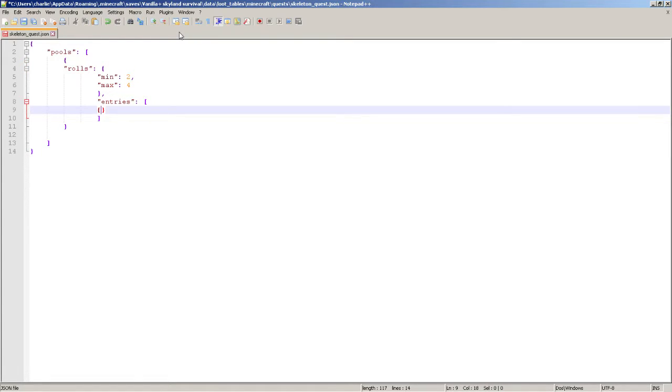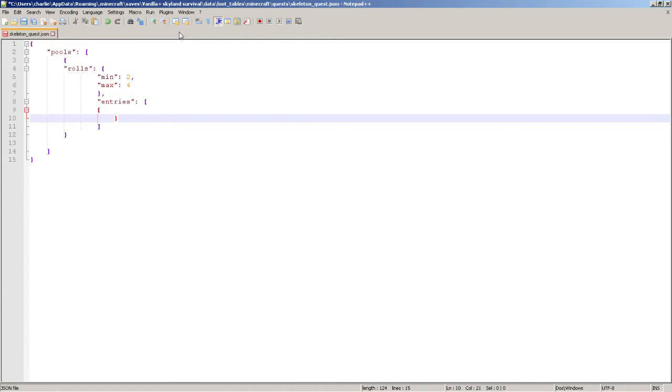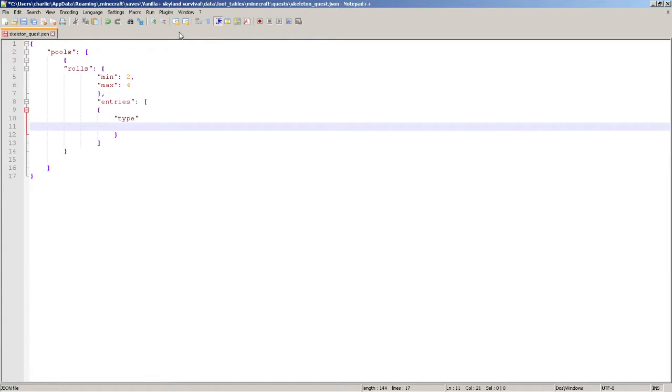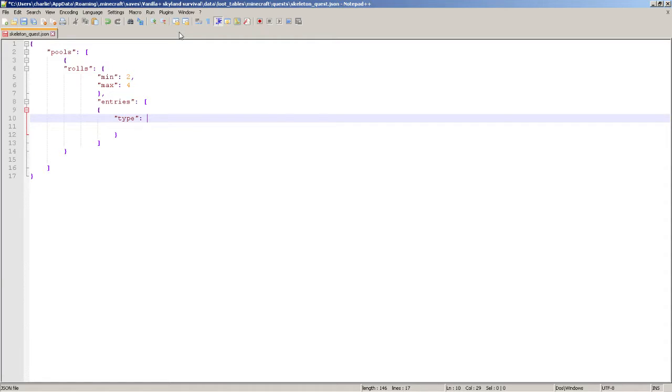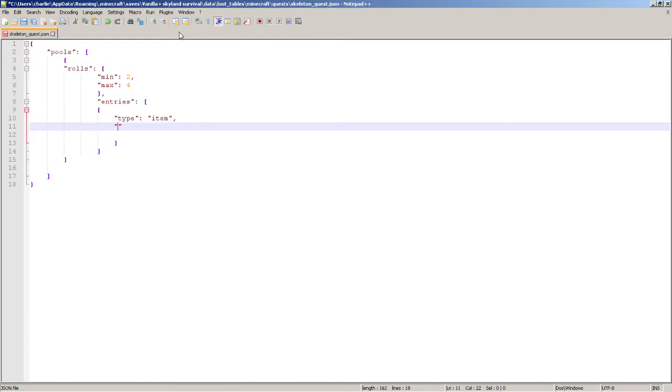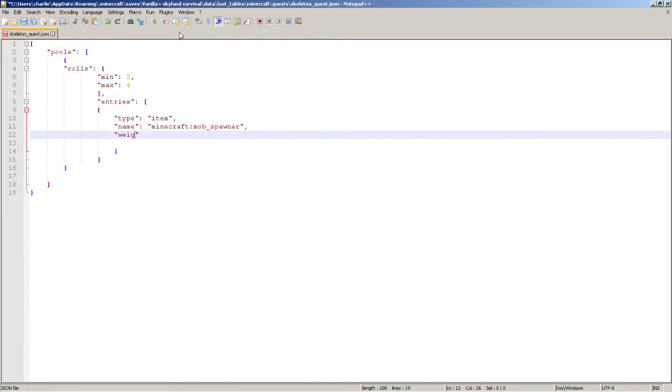For here we're going to do a curly bracket opening. Then we're going to do type item. So then you want a comma, then you want to do name. Minecraft mob spawner. Because this is one of the ways you can get mob spawners. Comma, weight, I want this to have a weight of 10, and I'll explain that here in a moment. So weight of 10, comma,